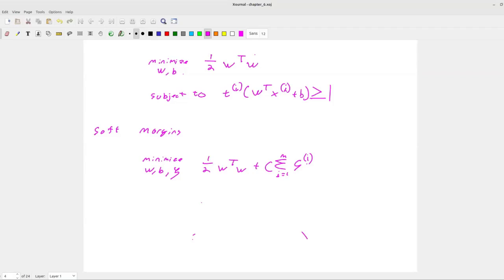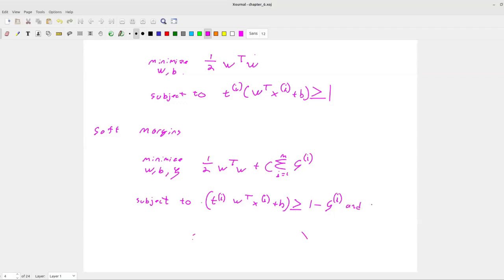And that's going to be subject to our t of i, W transpose x of i plus b, but now that has to be greater than or equal to 1 minus the zeta of i